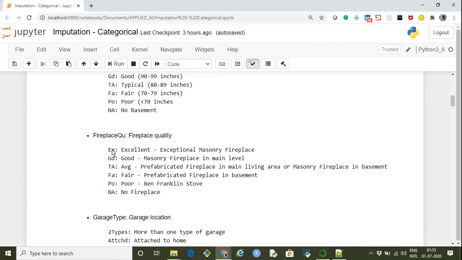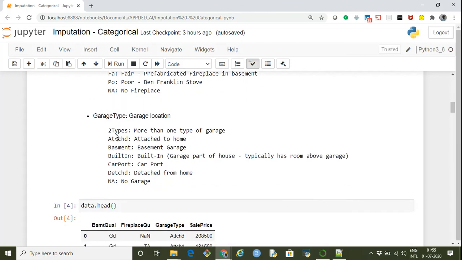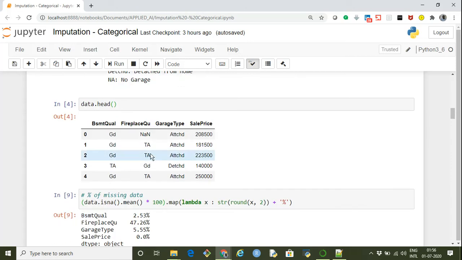Similarly, for the fireplace quality, we have values like Ex, Gd, TA, indicating excellent, good, average, and so on. Similarly, for the garage type, we have different values such as 2Types, Attached, Basement, BuiltIn, and their meanings. Now we got the categorical data. Let's have a quick look at it using the head function.